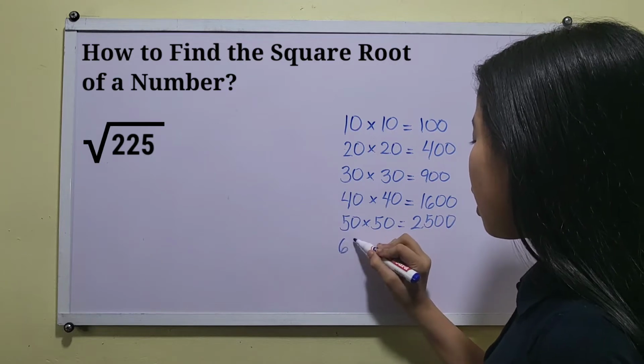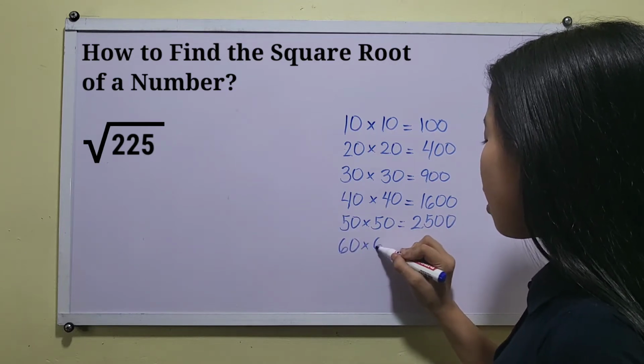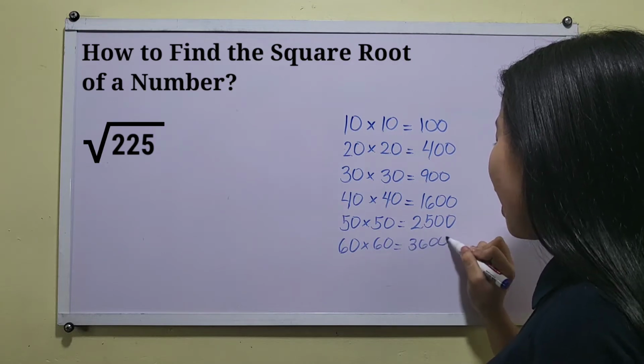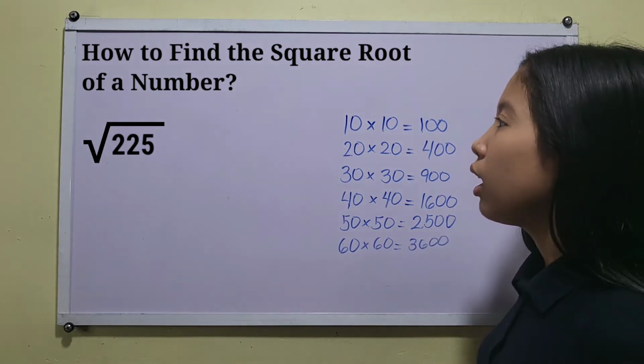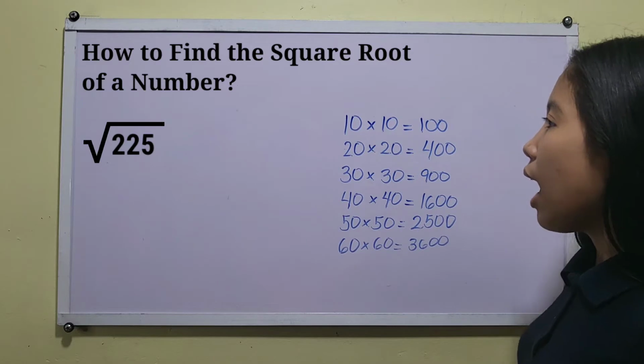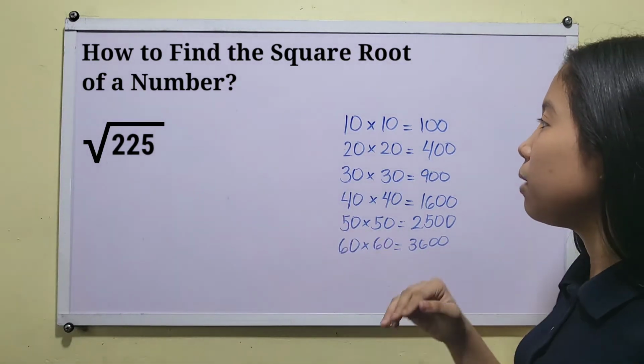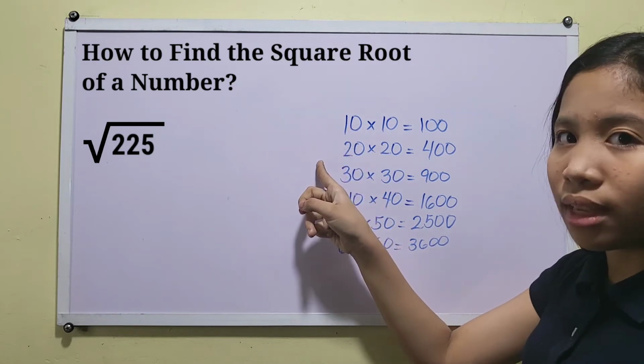And 60 times 60 equals 3,600, and so on. And as you can see, our square root for 225 is in between 10 and 20,